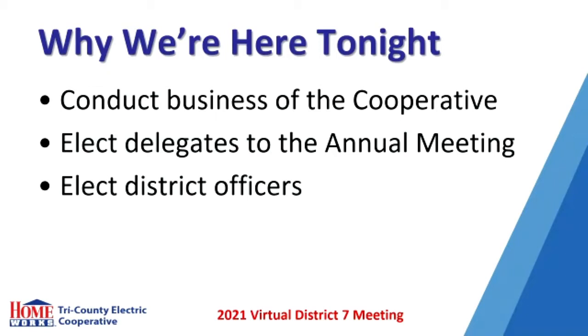Speaking of our annual meeting, we are tentatively planning to hold an in-person meeting on the morning of Saturday, August 21st in Mount Pleasant. Last year's annual meeting had to be postponed to coincide with this year's meeting due to the pandemic. But we are monitoring the public health situation and are hoping that it will be in a good spot by this summer to allow us to meet in person. Our annual meeting delegates and alternates will receive more information on that in the mail in the coming months as we solidify our plans. Now, let's bring up your district officers to conduct your annual business meeting.